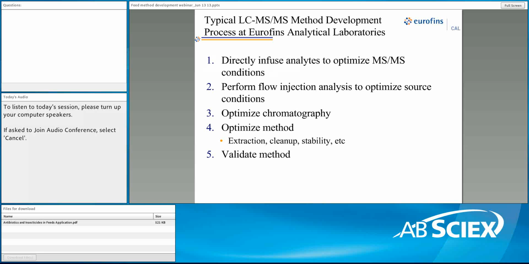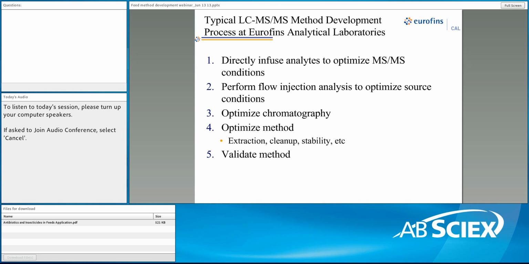Okay, so to begin this next portion, I'd like to go over our typical workflow for method development processes at Eurofins. When we go to develop a new method, there are usually 5 steps that we follow to bring a method online. The first step is taking individual analytes and preparing them as solvent standards, and then optimizing the MSMS conditions: declustering potential, collision cell exit potentials, collision energies,